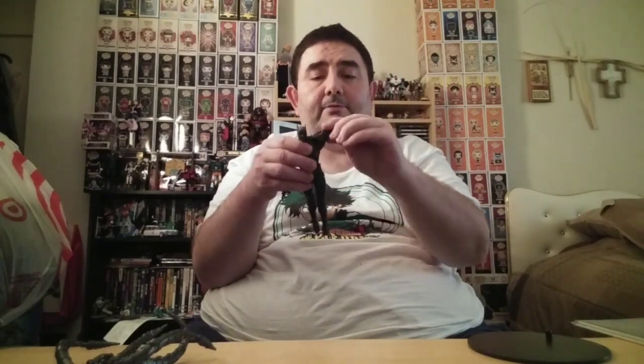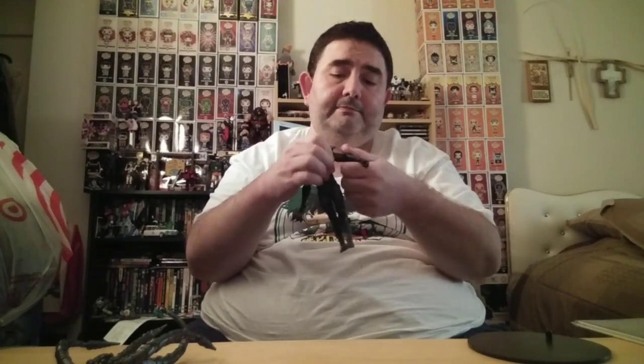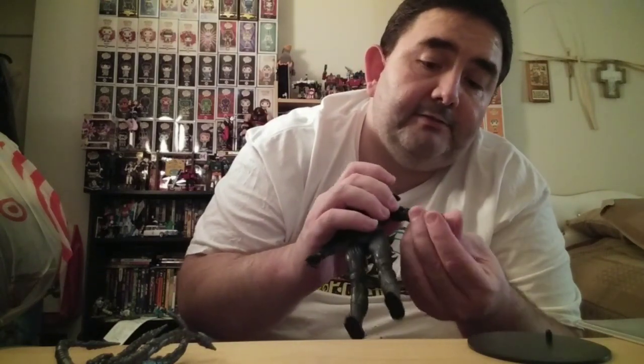Shoulder pads don't get in the way, so you can do full 360 shoulders. Does, if I can get a grip on it, does have a bicep swivel. Double jointed elbows, which look really good. Since he's more machine than that, it doesn't matter how he looks. He does have waist swivel, and